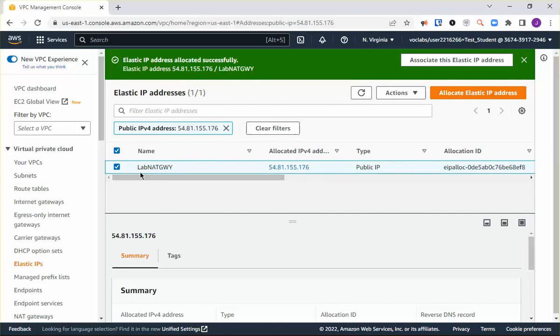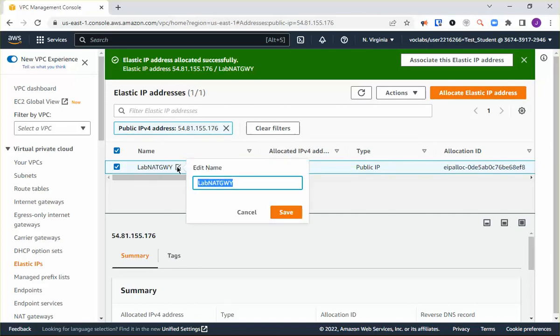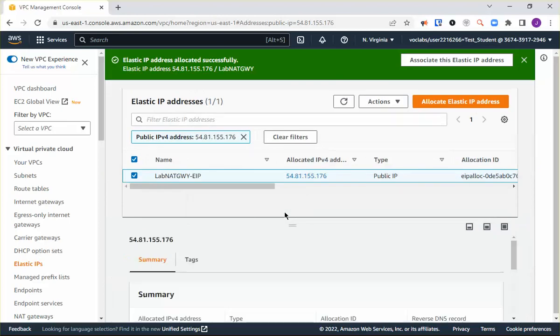By the way, the name that I gave it here, maybe I should have called it lab NAT gateway, maybe something like elastic IP. Okay, that way it makes sense. Lab gateway, and this is its elastic IP. Okay, so now I need to go to